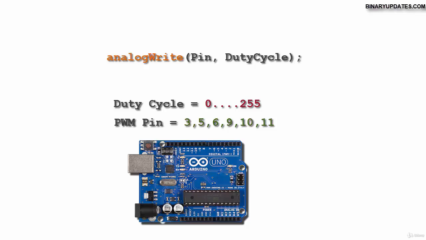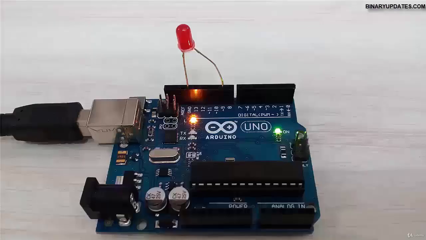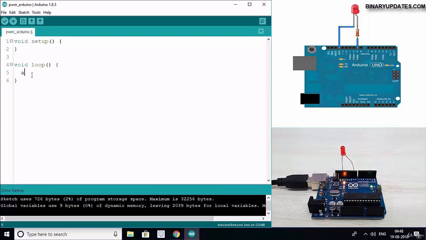We have talked enough. Let's implement it in a live project where we will change the brightness of an LED connected to pin number 9 of an Arduino Uno. Let's connect a red LED to Arduino pin number 9, which supports the PWM function. Make sure the longer leg of the LED connects to pin number 9, and the shorter leg of the LED connects to the ground. Let's start writing the code. I will start by writing the analogWrite function, and then I will pass the pin number 9, and then